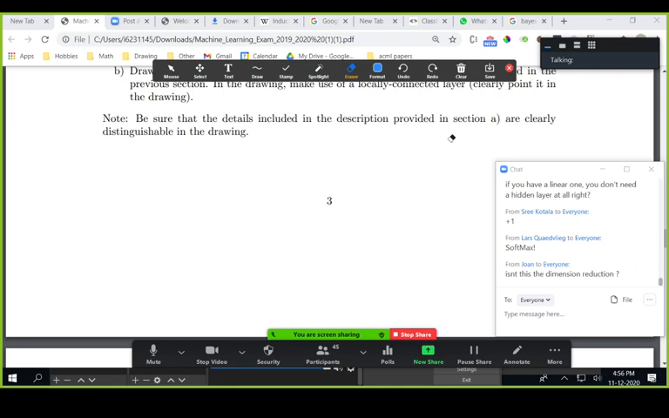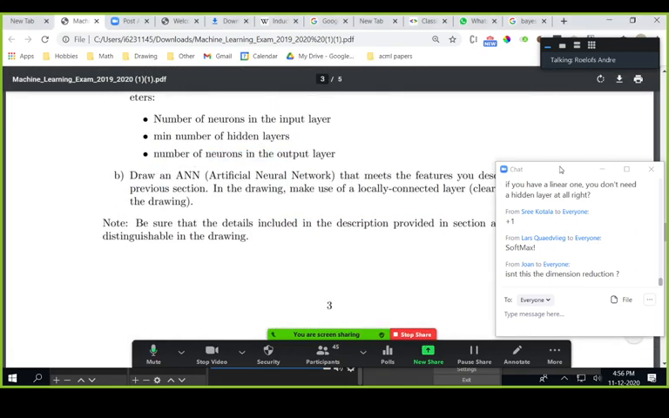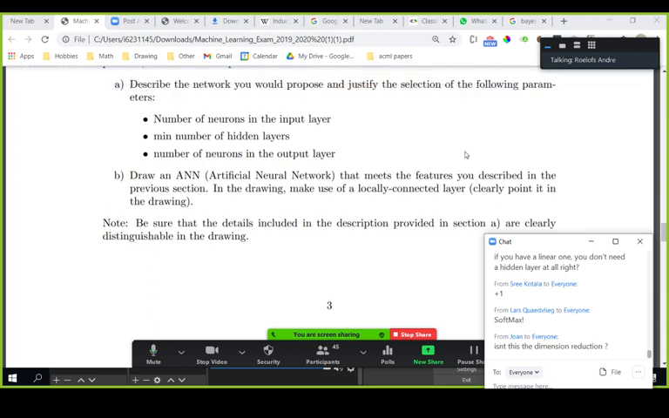Clear all drawings. Okay. Should be fine. Okay, draw an ANN architecture. That means the features which is described in the previous section in drawing make use of a locally connected layer, clearly point in the drawing. So locally connected layer, the way it's called here, what they mean is,